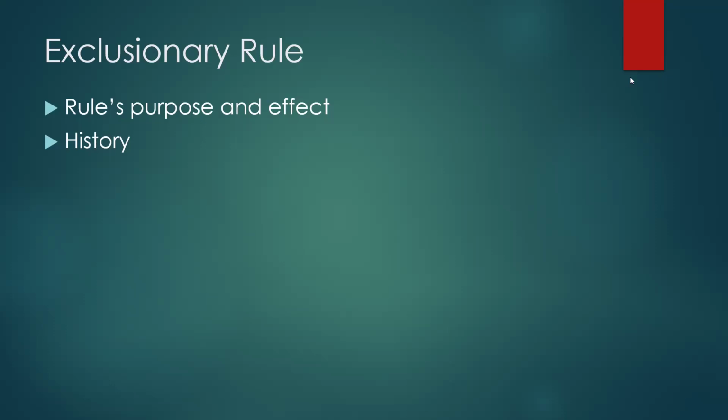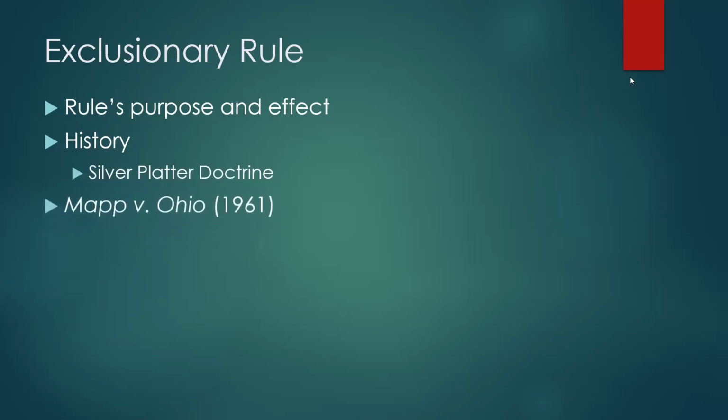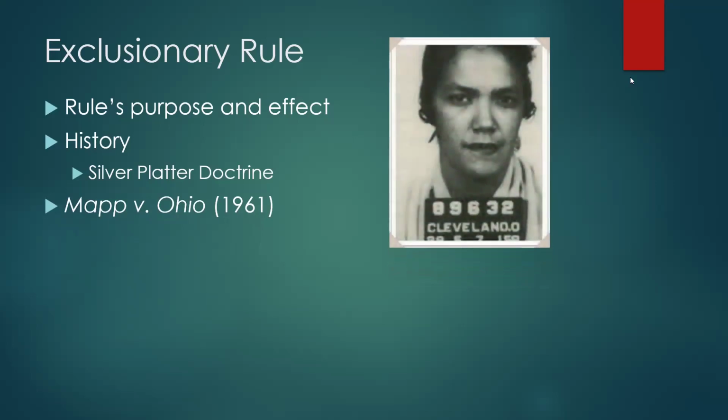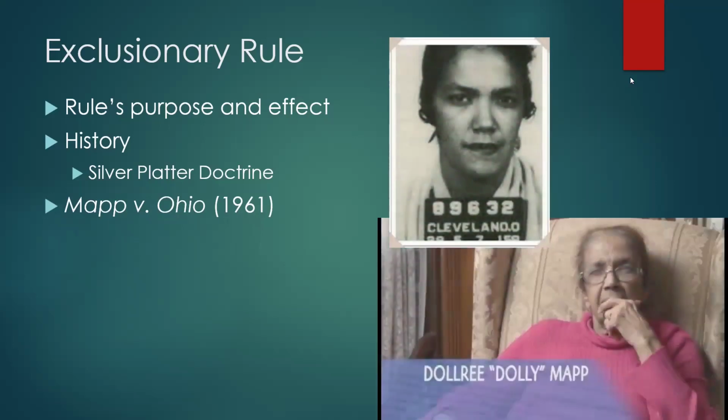And I'm not saying it was used all the time. It may have only been used once or twice, but it was out there. This was kind of a loophole in the use of the exclusionary rule. And it was available until the decision of Mapp versus Ohio in 1961. And this involved the arrest of a woman named Dollree Mapp. She was, I believe, in a home. It was a place where she lived, but the police had not shown up looking for her.